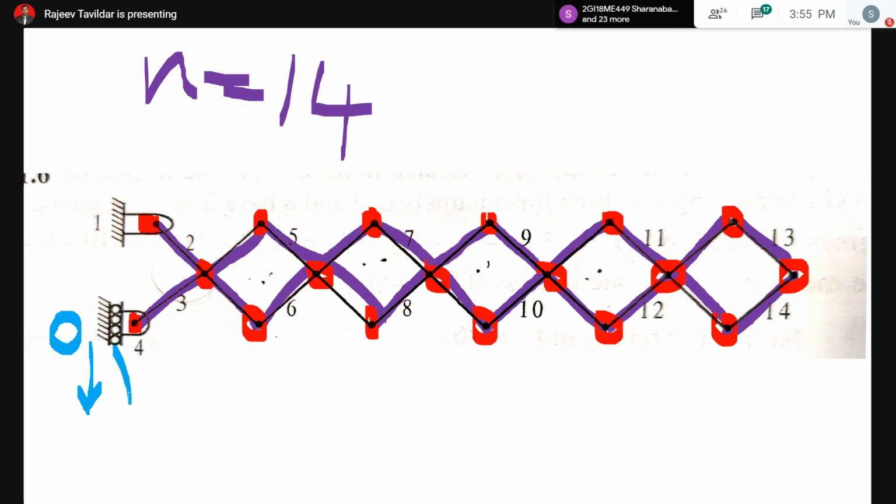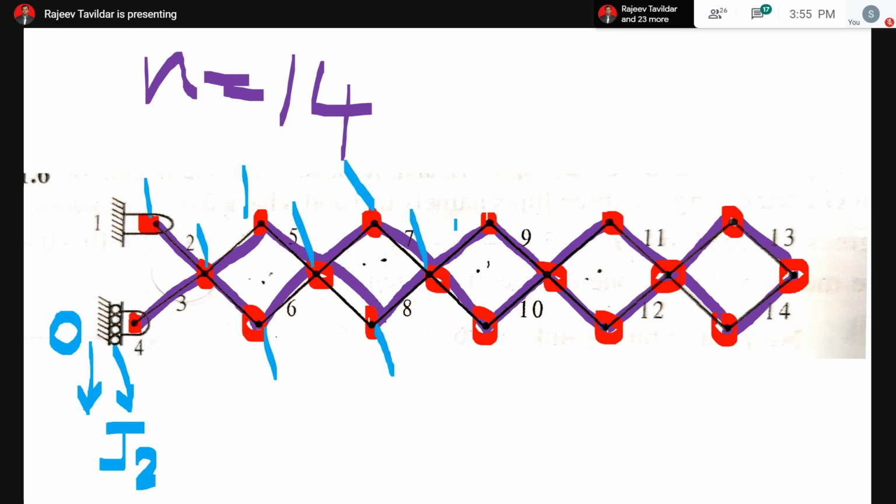Okay, so over here, I'm going to write it as J2. Rest all other joints, if you see, have only the turning motion. They are not translating, they have only turning motion, so all will fall under 1 degree of freedom, that is J1. So let me count J1 now. This is 1, 2, 3, 4, 5, 6, 7, 8, 9, 10, 11, 12, 13, 14, 15, 16, and 17. I have not missed any joints now.